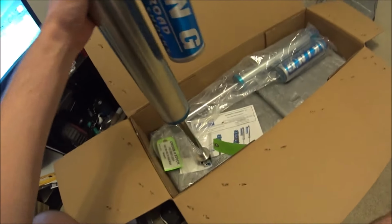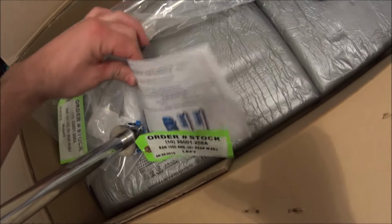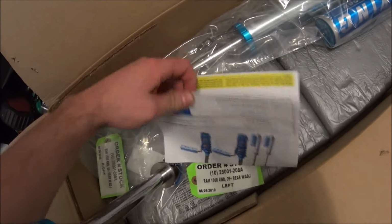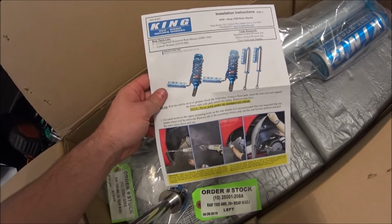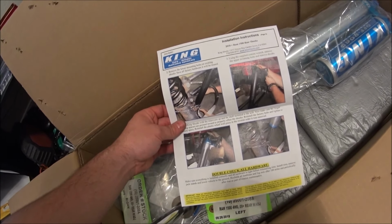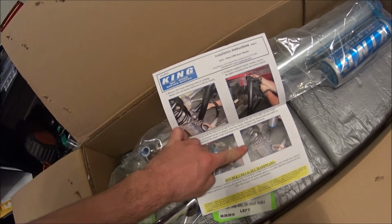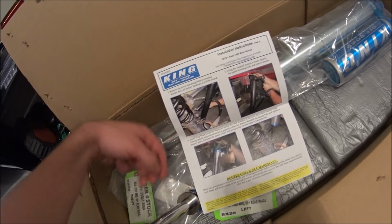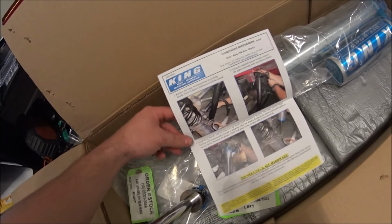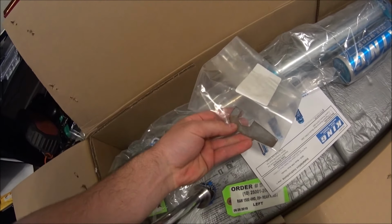Very sturdy construction. Comes with a right and a left. Some instructions right here. This is without bags, so I may need to take off the bottom bolts of my bags just to get the clearance. And then what I thought was pretty nifty, they gave the tool